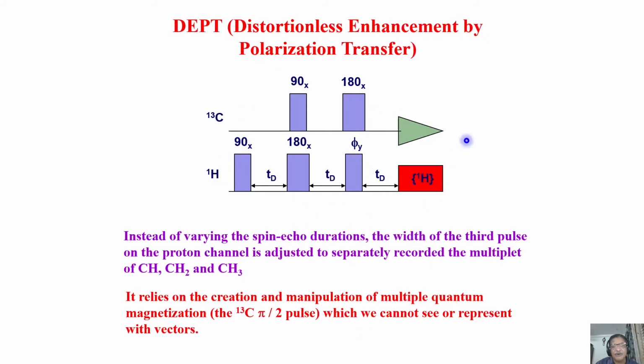The most important thing you should know is this angle. Normally we use 90-degree and 180-degree pulses in all the experiments. In this sequence, this last pulse on the proton is not a 90-degree pulse. It is defined by the flip angle phi. Phi is an angle up to which the magnetization is tilted. Let us say this is the magnetization along the z-axis. You can tilt the magnetization